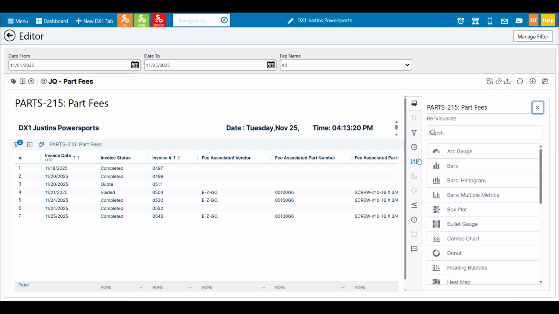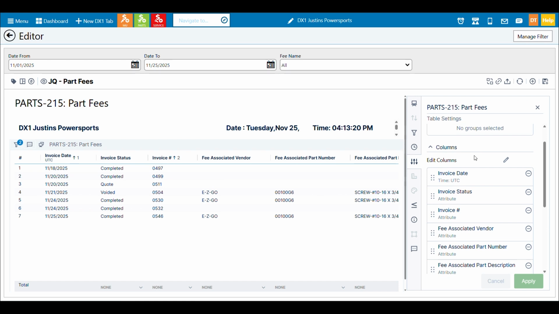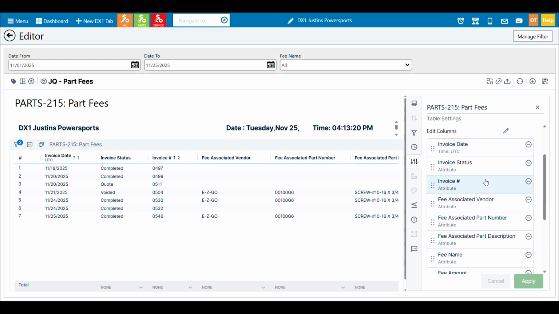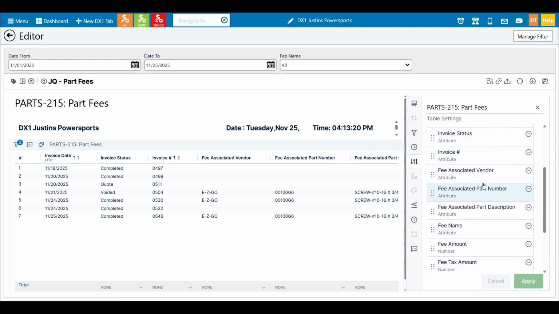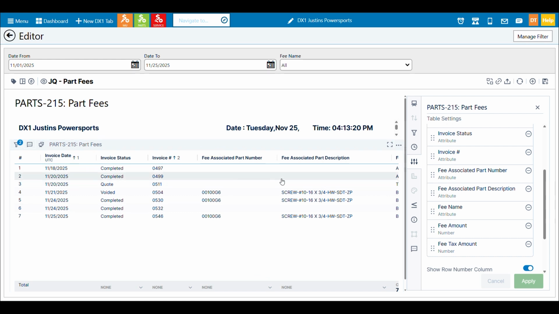Once settings opens, I'll come over to the navigation bar and click settings again. Once I land on this page, I'm going to see a list of all the columns that are already in the report. If I want to remove a column, maybe I don't need to see the vendor associated. We can see right here we've got fee associated vendor. I can just remove it by hitting the minus icon and hit apply, and now it's removed.